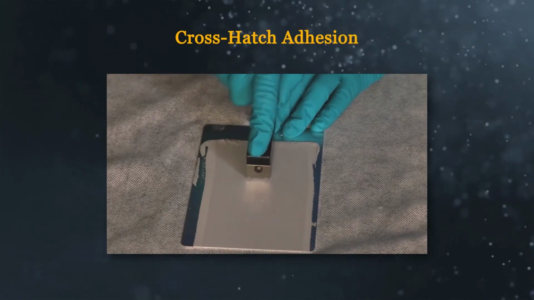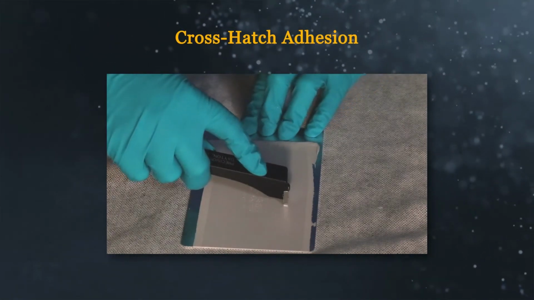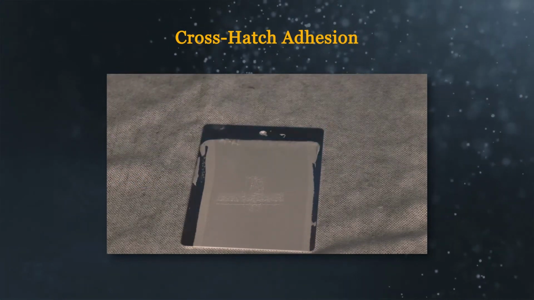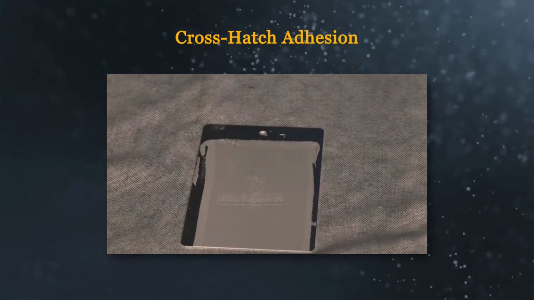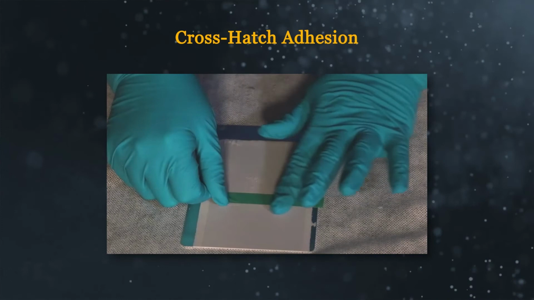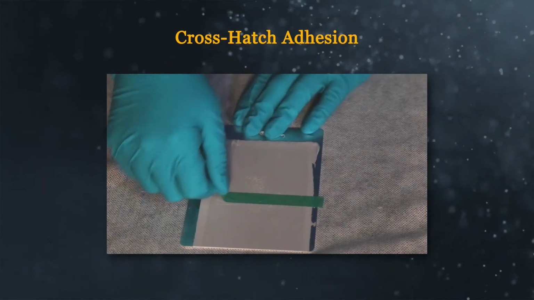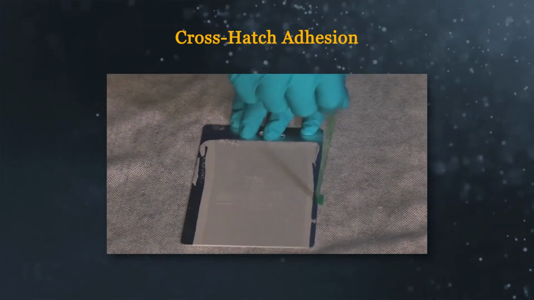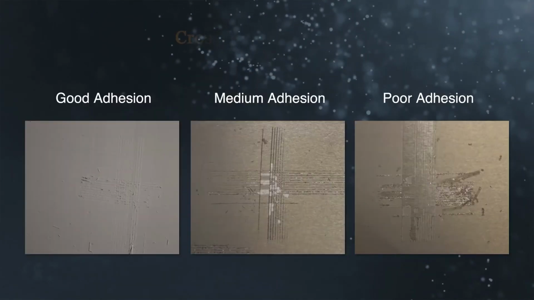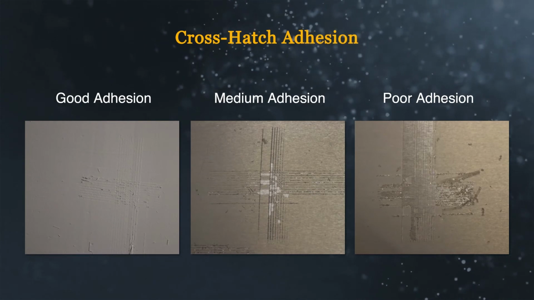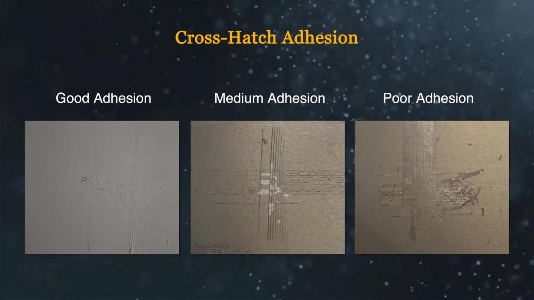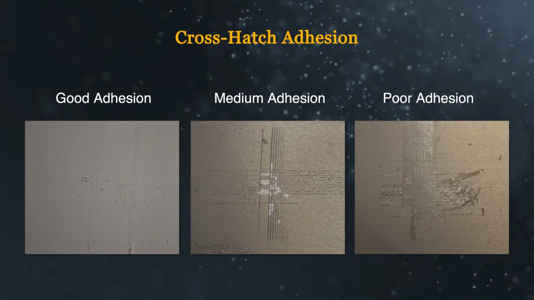Crosshatch adhesion is another test that is commonly used for paints and very thin coatings such as conformal coatings. A special tool with sharp blades is drawn over the cured coating in one direction, and then again at 90 degrees to create a grid of cut lines. An adhesive tape that sticks strongly to the coating is then applied and pressed on firmly. This tape is then peeled off. Strength is not usually measured, but percent cohesive failure can be obtained by counting the squares where the coating remains